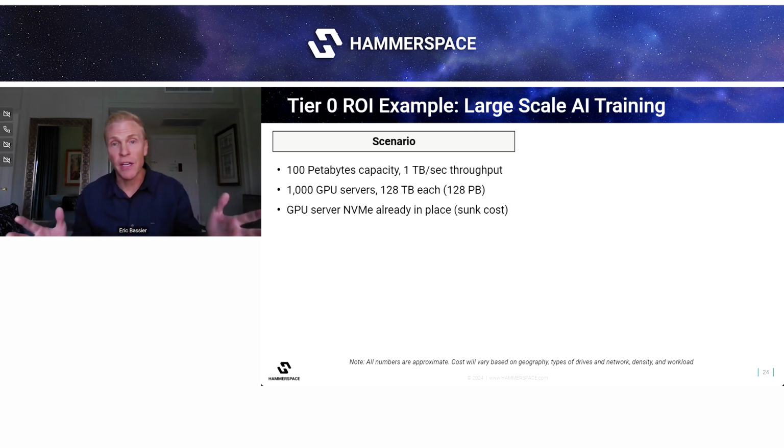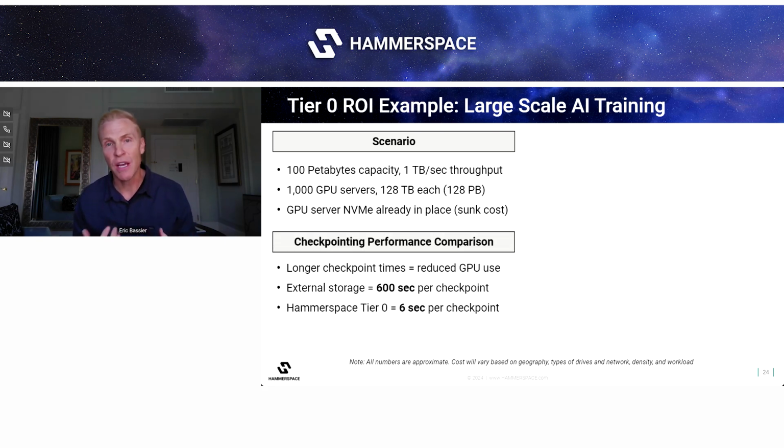So again, for you NVIDIA customers out there, this might be an NVIDIA SuperPod with a bunch of DGX servers, and each one of them has 128 terabytes of capacity. For the purposes of our analysis, let's say that storage is already in place. It's a sunk cost. The other component of savings, really of return on investment, is that because that storage is so fast, because we can unlock it,